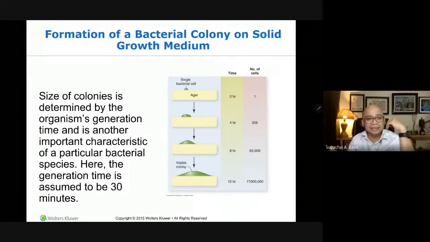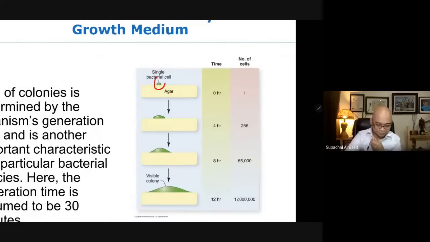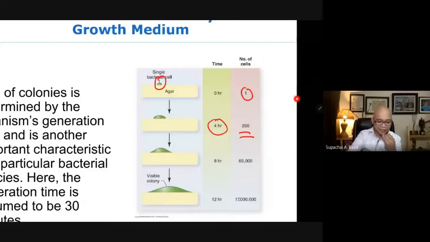It means that the bacterial population doubles every 30 minutes. For example, this is a single bacterial cell, so the number of cells is just one. After 4 hours, because of the generation time and it's a logarithmic increase, the bacterial cell becomes 256 and the